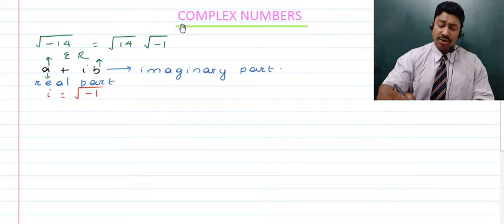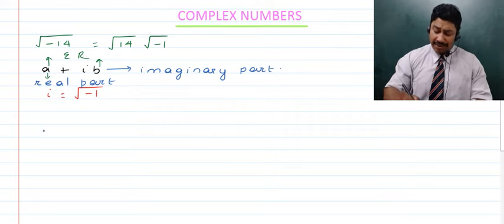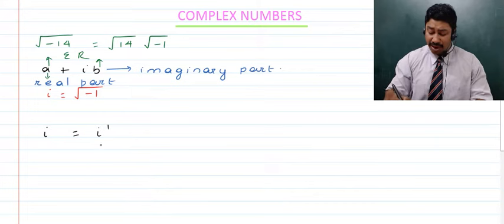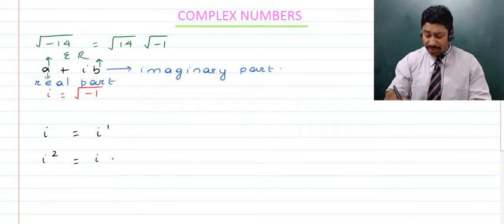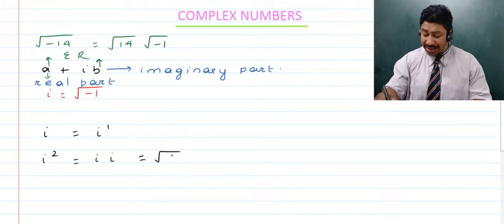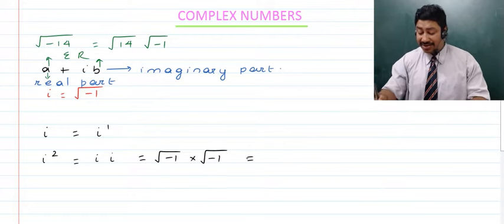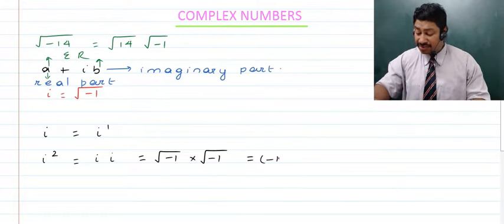Now next we look at the powers of i. Obviously, i is i raised to the power 1, right? And i raised to the power 2 can be written as i multiplied with i. And further, that can be written as root of minus 1, which is the value of i, multiplied with root of minus 1. And here thus we will have this as minus 1 raised to the power 1 upon 2,